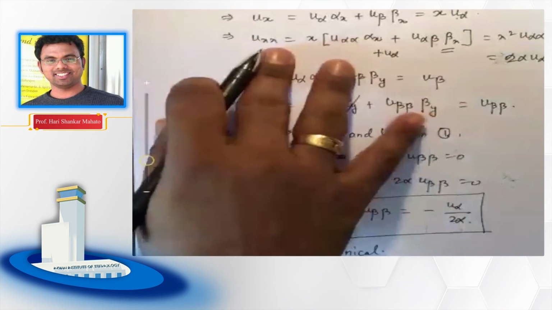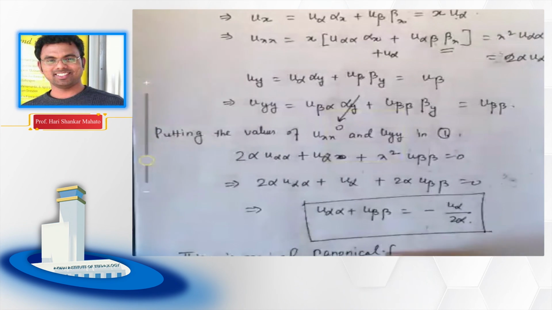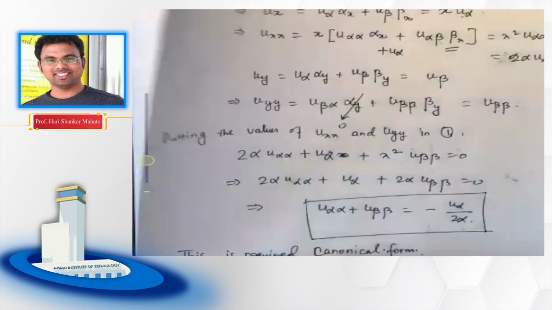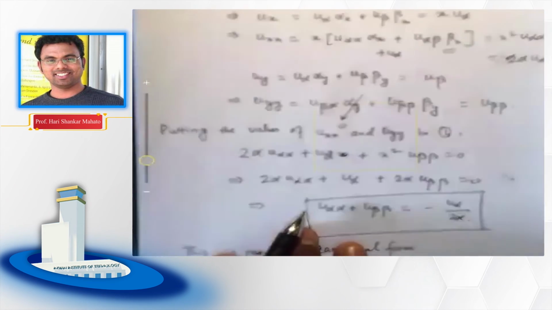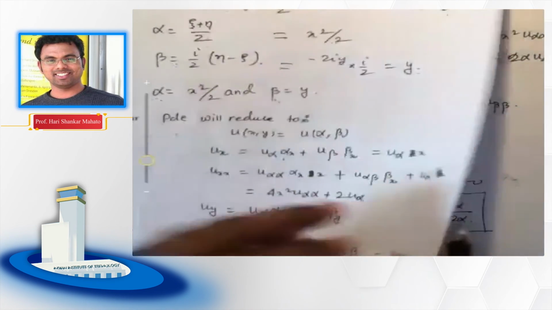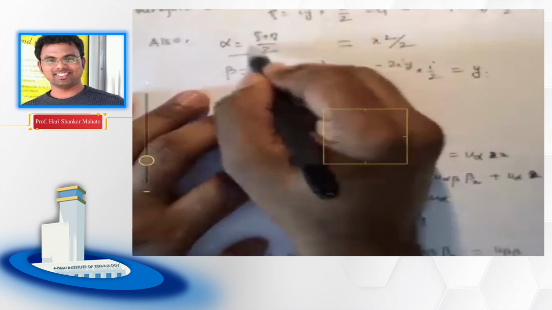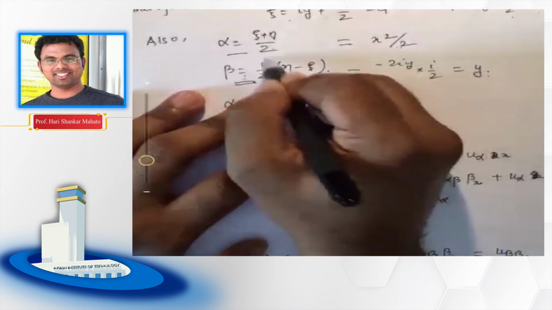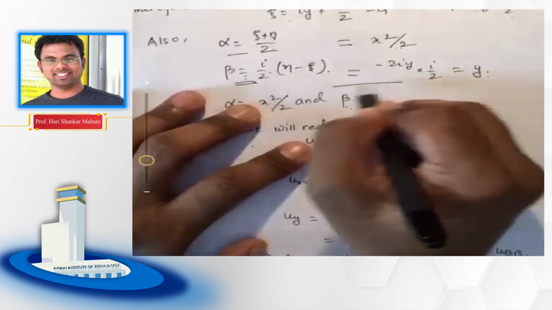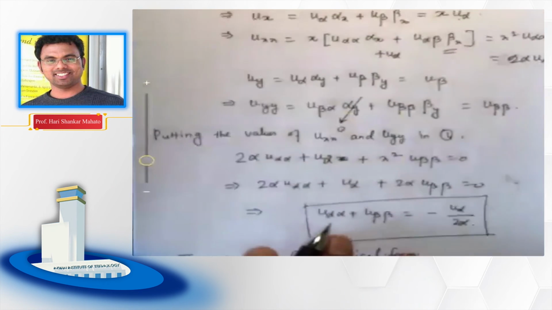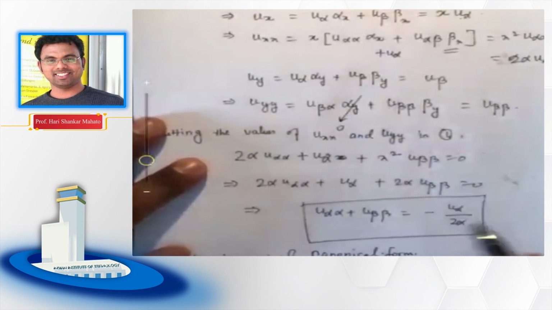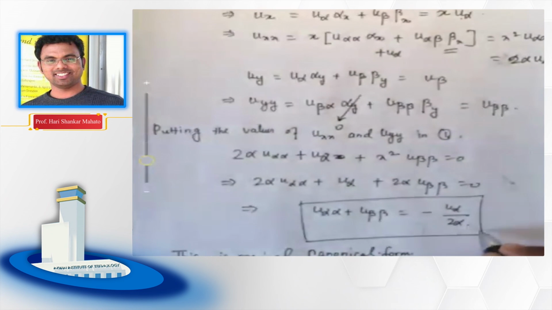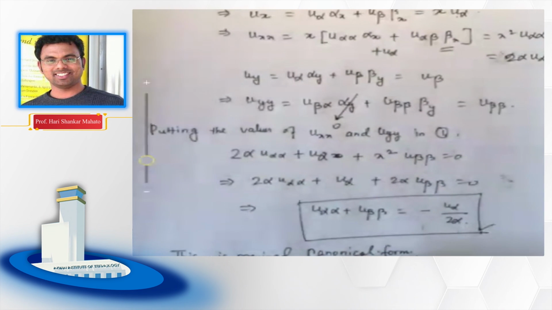The reason why we are introducing alpha and beta is mainly because we don't have real characteristics. So it doesn't make sense to continue with xi and eta. So that is why we introduce alpha and beta, which are calculated from xi and eta by using this form. So we wrote alpha equals xi plus eta, beta equals eta minus xi times i by 2. From there, we calculated alpha and beta. And now we convert our independent variables from x and y to alpha and beta in this fashion. You put it back into the original equation, and after simplification, you will get your required canonical form.